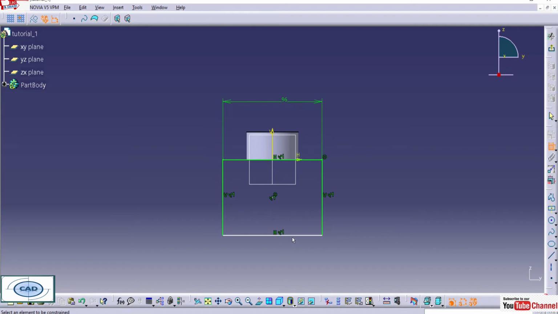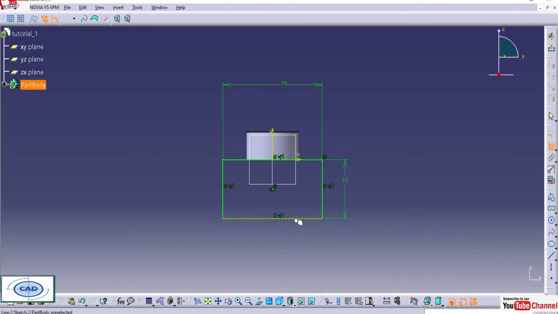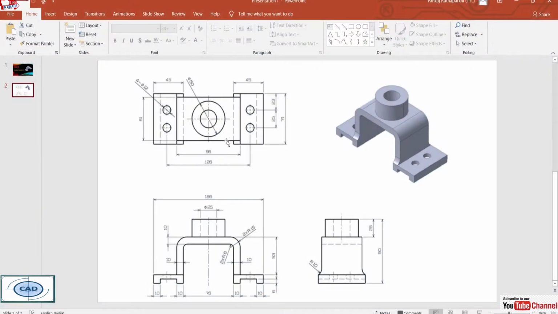The dimension is 96 mm and this one is 53 mm. So the basic rectangle is created. Now delete this bottom line, and you will get a C shape. It has a 10 mm thickness, 53 mm. Okay, it is clear.